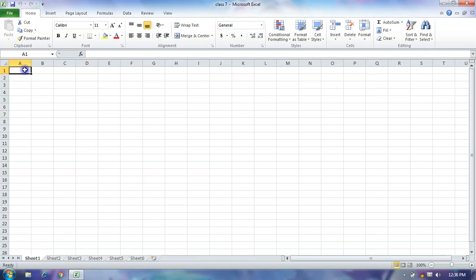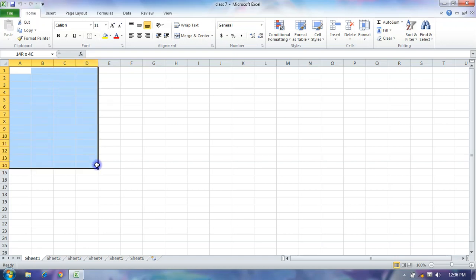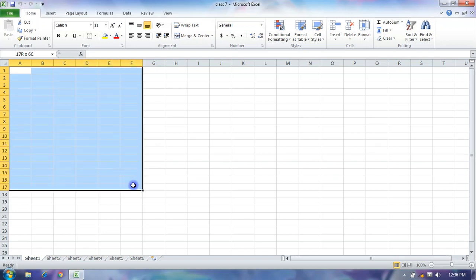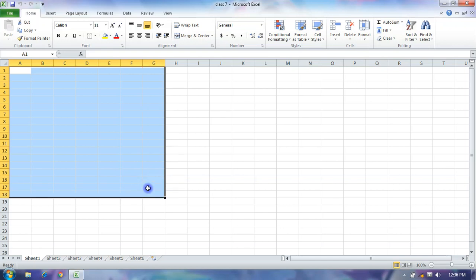When you click on any cell, hold your left mouse button and select diagonally, the blocks are selected, and this is called a range of cells. It looks like a rectangular or square shape.